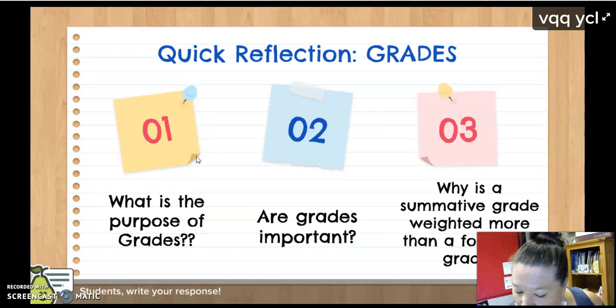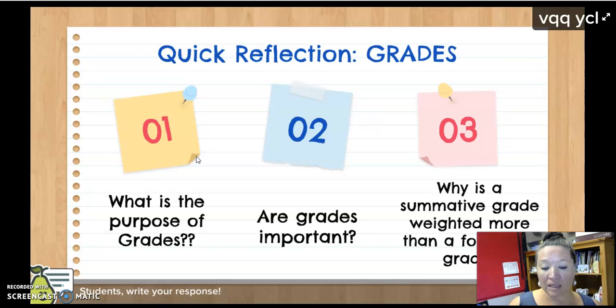For number 3, one teacher commented that we're expected to pass kids no matter what. Well, that's not true. And another teacher made a comment that if teachers are just making up grades, then grades mean nothing. And that is totally true. So we're not expected to pass kids no matter what. We are expected to teach them what they need to know so that they can master the content, and then the grades should demonstrate the mastery of what they've learned.